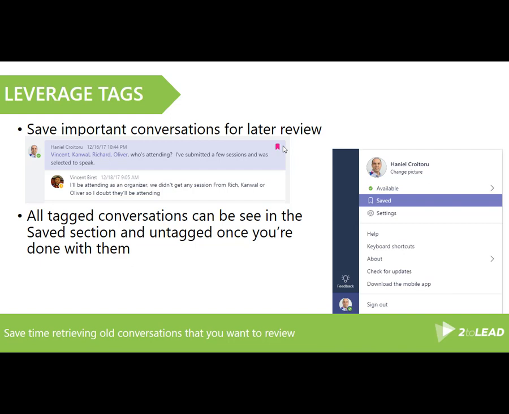Once you tag something, you can then go into Teams later on and review it as part of all of your saved conversations. You can read them again, and then once you're done with them, you essentially untag them so they disappear from that list of tagged messages. So this is really important when you're not, again, actively looking at all the conversations.